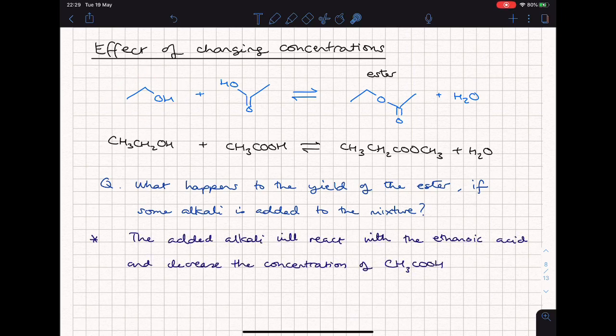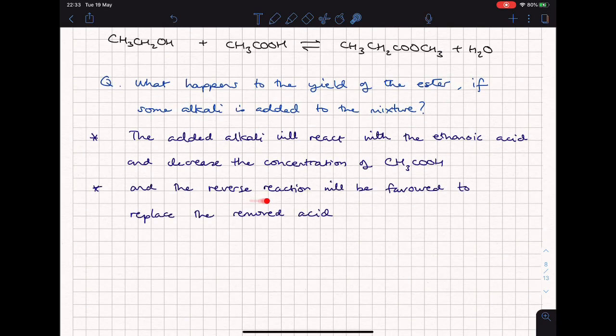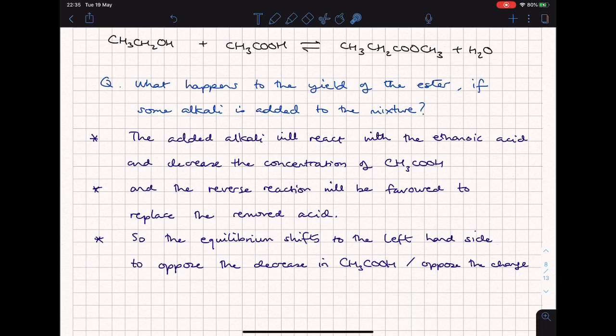So let's first say what we've done to the mixture. The added alkali will react with the ethanoic acid and decrease the concentration of the ethanoic acid, or CH3COOH. And the reverse reaction will be favoured to replace the removed acid. So the equilibrium will shift to the left-hand side to oppose the decreasing ethanoic acid, or CH3COOH, or oppose the change. Because we asked about the yield of the ester, we're going to say,